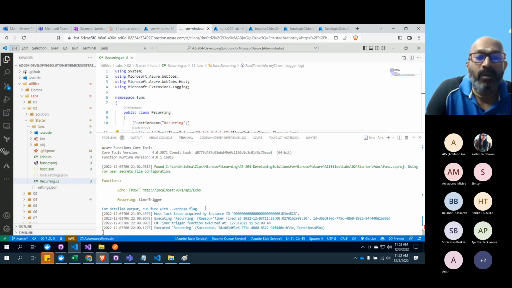Oh, OK, that's cool. So the C# timer triggered function executed at 11:52. Let's wait for 1 more minute. Let's see another message, then we can stop. Let's wait for another minute. Let's keep it at 1 minute because 5 minutes is like we're wasting a lot of time. When we are deploying, we'll deploy with 1 minute. Anyways, I'm going to kill the entire resource group after this demo, so it's not going to cost anything.